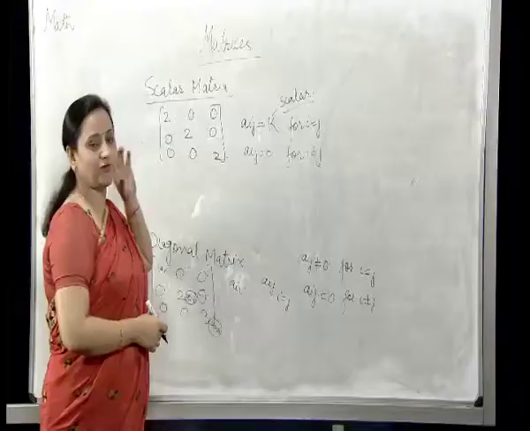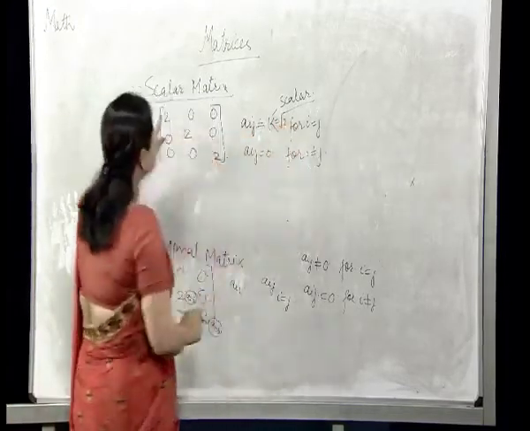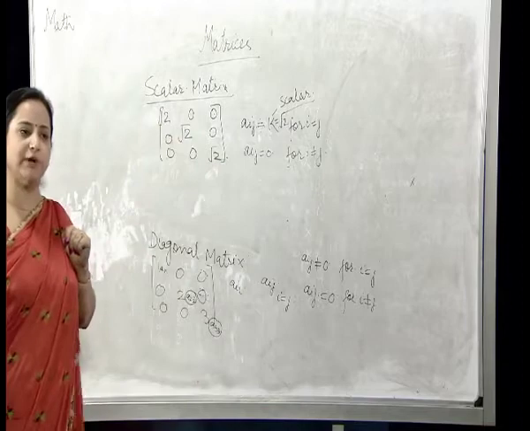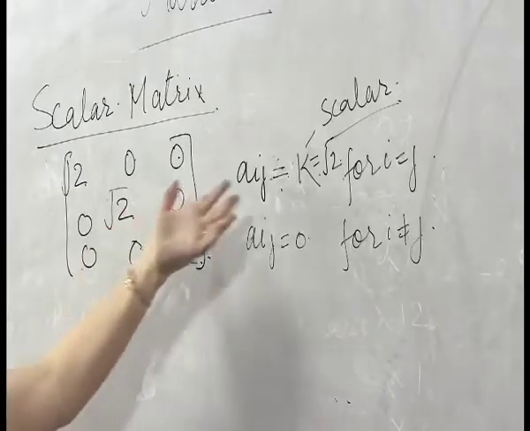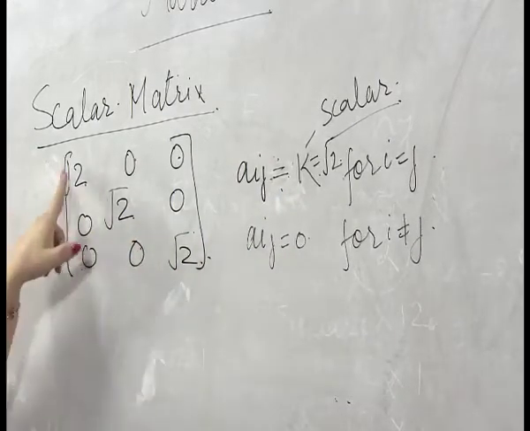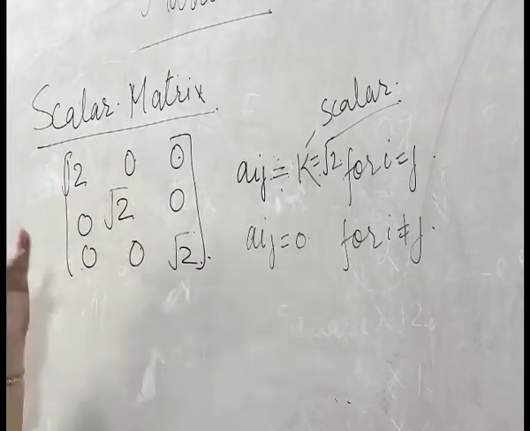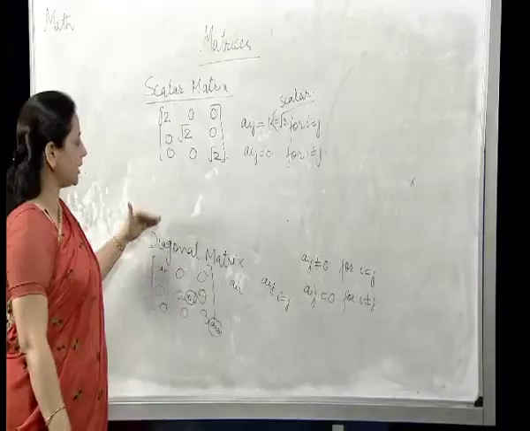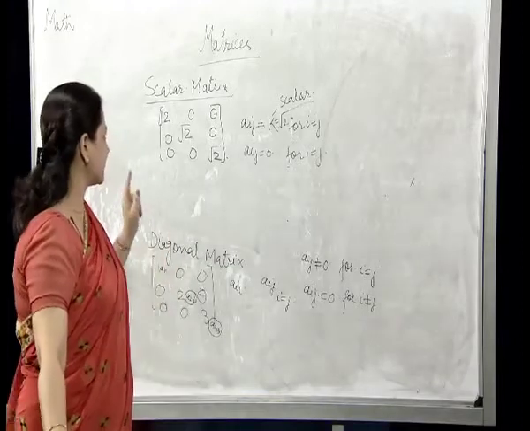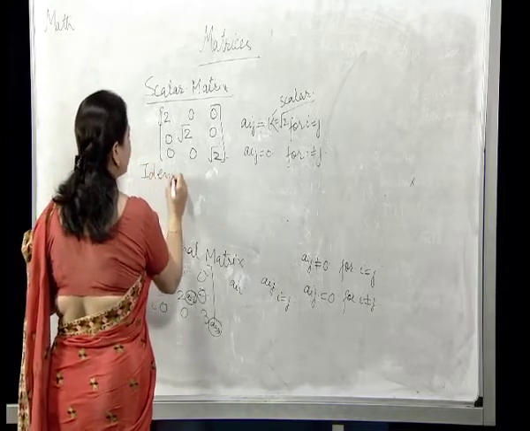That is why it is called a scalar matrix. It can take any value. If you give the value √2 to k, what will you get? You will have √2, √2, √2 here. All the 3 elements will be √2. If you give k the value -√3, all the elements will be -√3, -√3, -√3. The rest of the elements will be 0. So, this was a scalar matrix. Now it is very important to differentiate between these two matrices, the diagonal matrix and the scalar matrix. And then the third comes the identity matrix, a very important matrix.